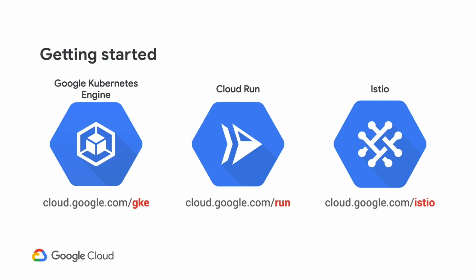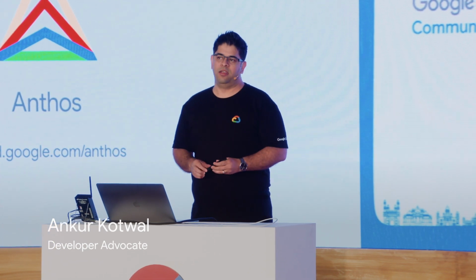So if you want to get started today, check out GKE, cloud.google.com/GKE. Check out Cloud Run. Really take the chance to look at Cloud Run if you're a developer, because I really think it's a game changer in terms of bringing legacy applications across and also having a great developer experience. And finally, have a look at Istio, because it's really reshaping the way we deploy applications. So that's Anthos. We're very proud of it, and we're delighted to see what you're going to make of it.